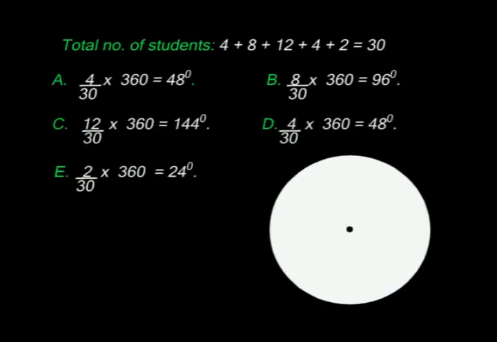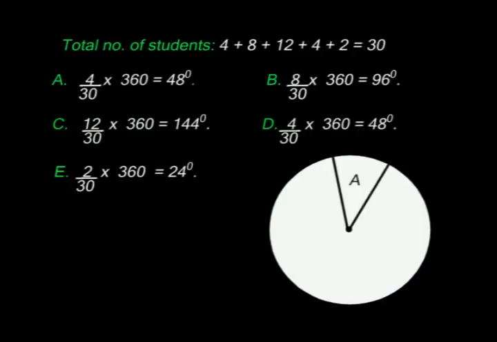Now again I will draw a line from the center to anywhere on the circumference of the circle. Let me say I draw that line. I'll then place my protractor at the center of the circle and measure 48 degrees to represent A. The grade A, I measure 48 degrees and I will have that.